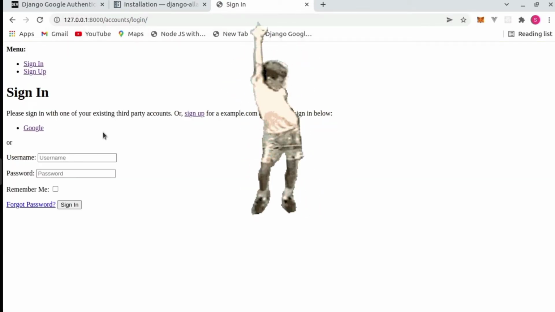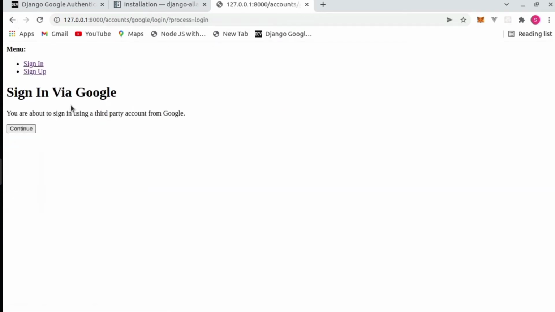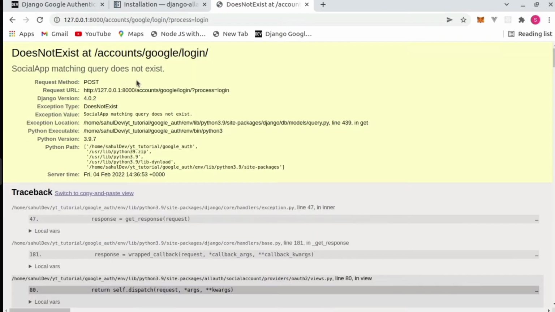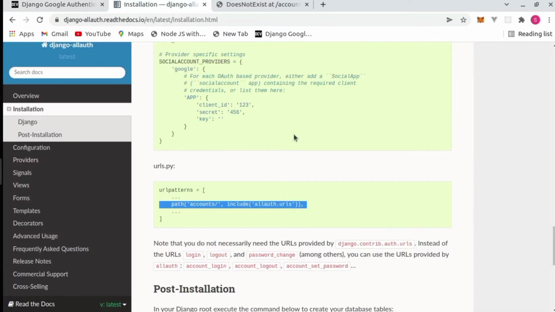That's it, tada, we get our Google. But why is this taking sign in via Google? This is what I am expecting. Here you can see, guys, social app match query doesn't exist yet. Yes, it doesn't exist yet. For that we don't have to work on Django. Just get into